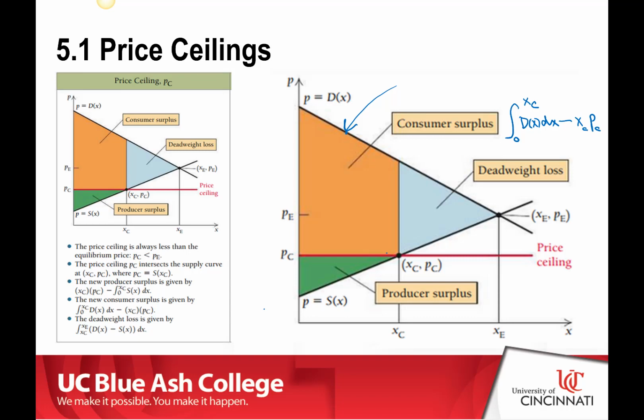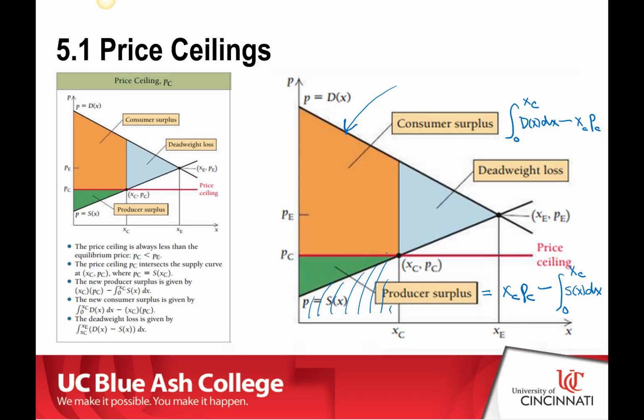Okay, so what's going to wind up happening here is we're going to wind up with our producer surplus being the entire rectangle. And remember, what we're really after is the green part. So we start out with the entire rectangle. So that's going to be x sub c, p sub c. And from that, we're going to subtract this white shaded region here. Well, that's the integral from 0 to x sub c. That's the width. This is going to be our supply function,